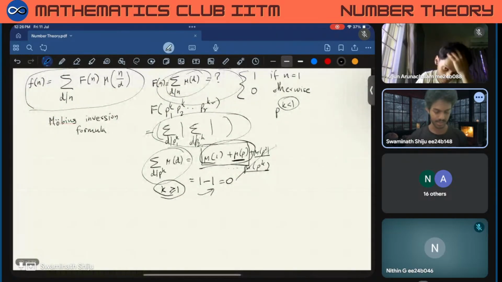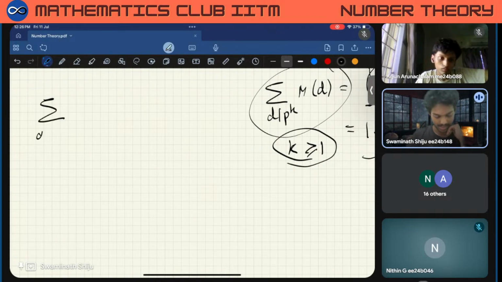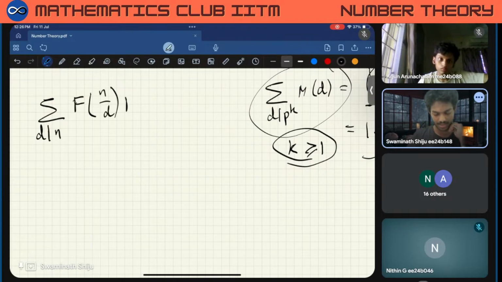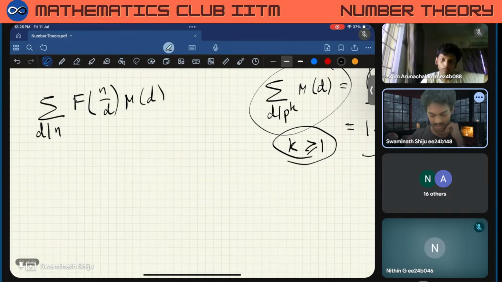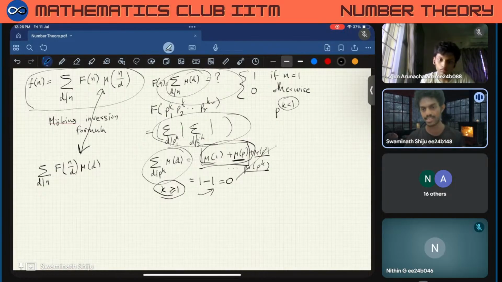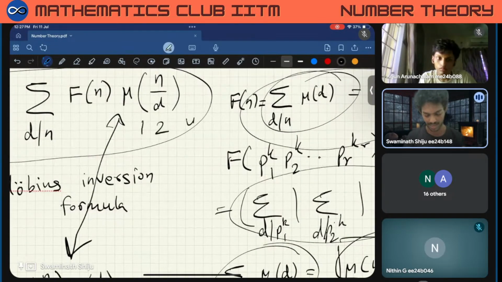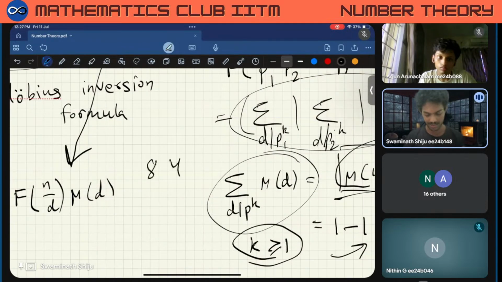Great. Now we want to prove the Mobius inversion formula. So we start by considering this sum of f of n by d into mu of d. I hope you can agree that these two are equal, because you're just taking divisors in reverse. It's the same thing as changing the direction of summation. Like here, if I'm summing 1, 2, 4, 8, this is basically summing 8, 4, 2, 1. Same thing,